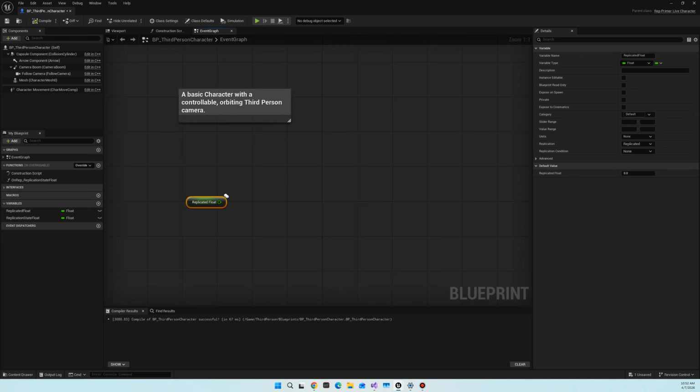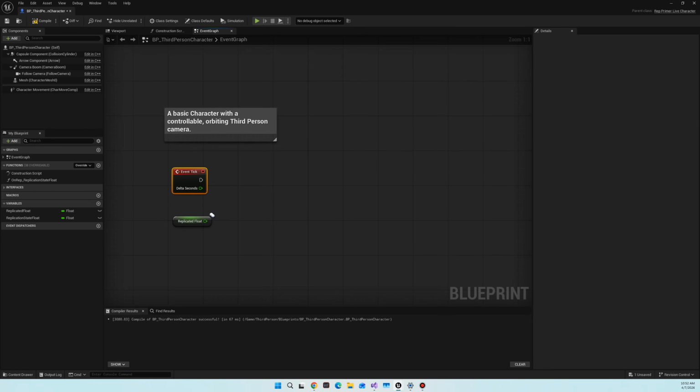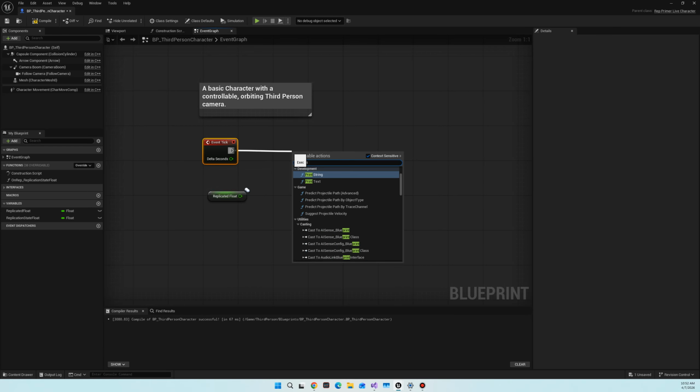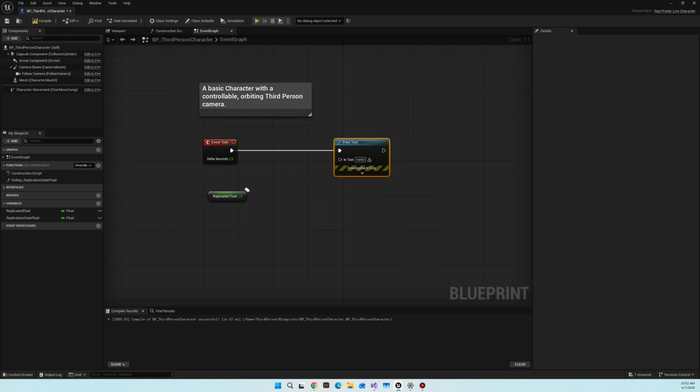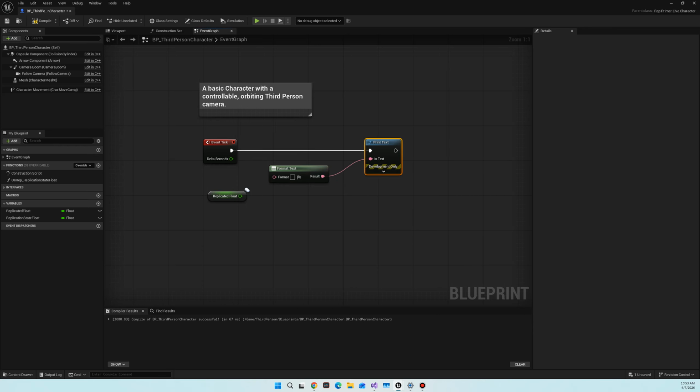So to do that, we can get a tick event. If you don't have a tick event in your character blueprint, just go in there, right click, type tick event, and you've got it. And I want to output this tick event. So I'm going to go to a print text, and I'm just going to drag that off and say format. So there's my format text, and in here we're going to say